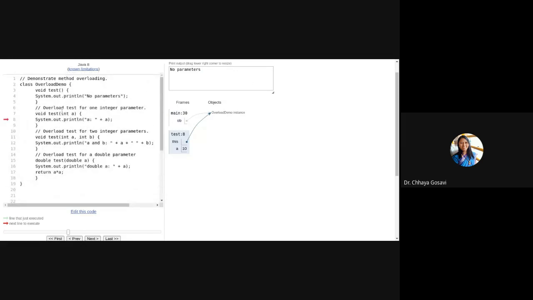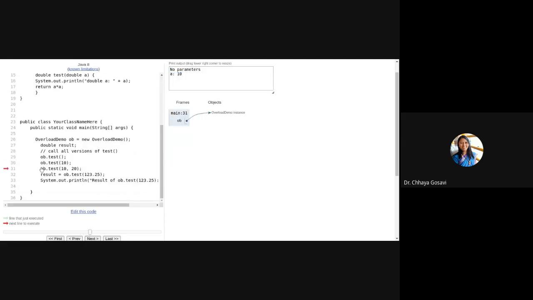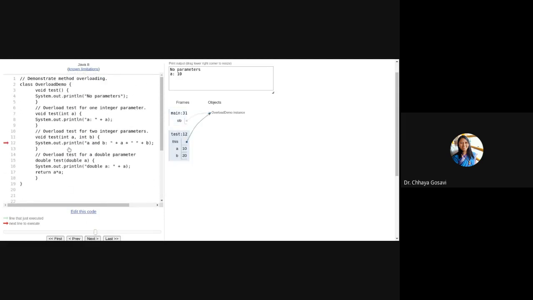Now for ob.test with int, a is 10, so it will print a equal to 10. It has displayed this line. For the third method, ob.test 10, 20, it has called this function test and displayed a and b, 10, 20.